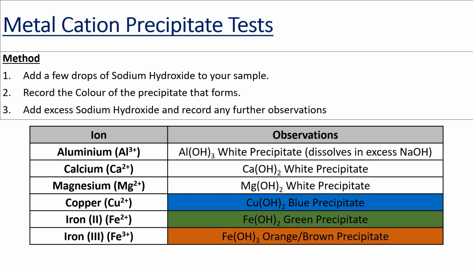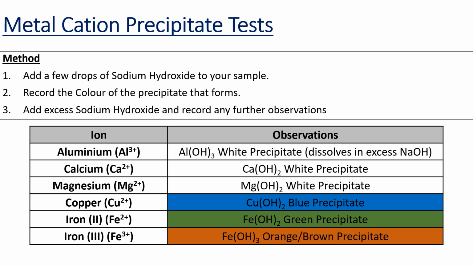So the metal cation tests, now these are the ones from the GCSE, and they are still relevant. They're not relevant right now, but it didn't seem to be worth removing them because when you do the inorganic transition metal complexes, you will need to know these colors of precipitates and a great many more. But actually a good starting point for the transition metal inorganic chemistry is to know the colors of the hydroxide complexes from the GCSE. So the first thing you'll notice is that aluminium, calcium and magnesium all give you white